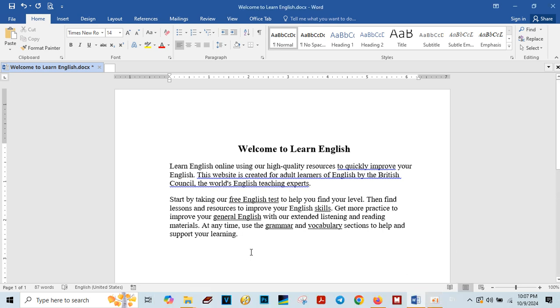Okay, hello everyone. So now I'm going to show you how to set default page setup in Microsoft Word. So now let's see all together. We go to Layout here